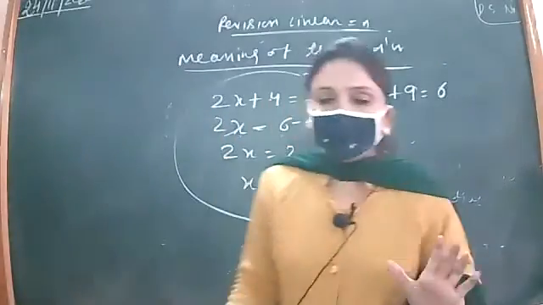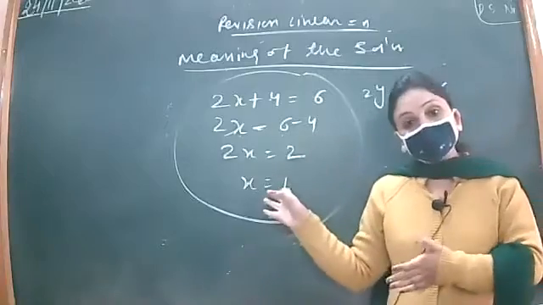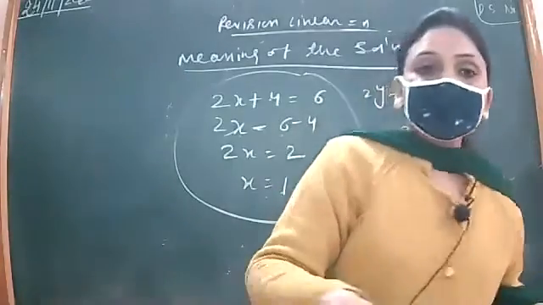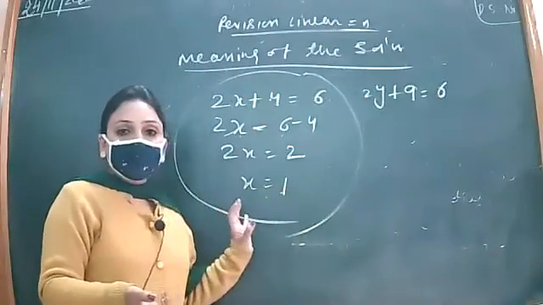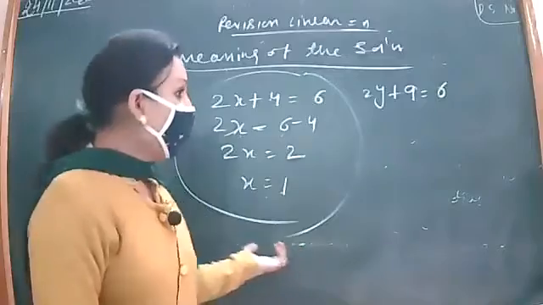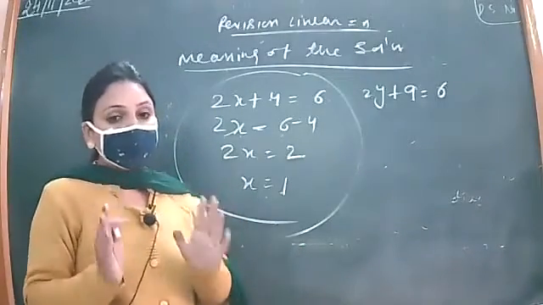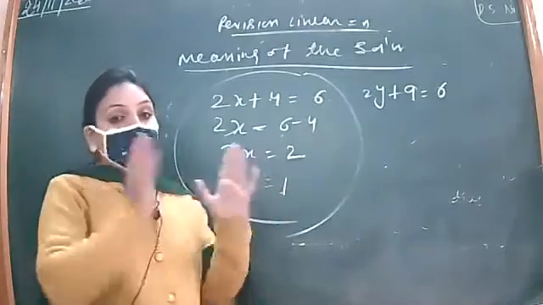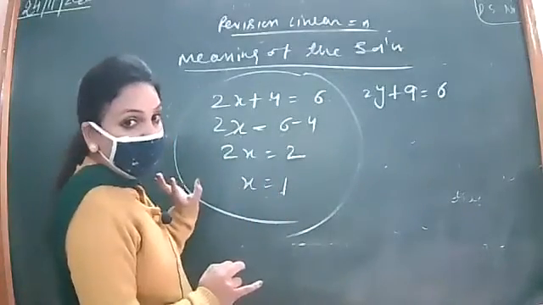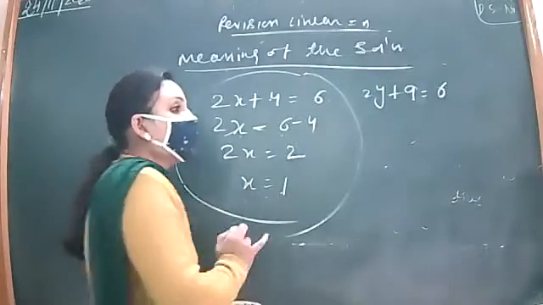So one thing you have to keep in mind is that when we are solving this equation, if I give this question to solve to 189 students whom I am teaching, the answer will remain the same. X is equal to 1. The same answer you will get, right? That means a linear equation in one variable has a unique solution. Unique solution means one solution for each individual. If all the people are doing it in the right way, then everyone will get the same answer.